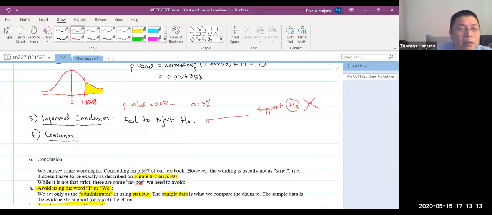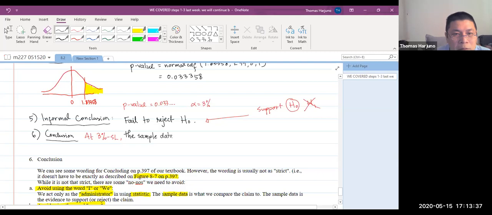Now I have a habit in my conclusion. I always insert the significance level. I say at 3% significance level. More and more people are actually doing that, but you don't have to. Then I say the sample data do not support the claim